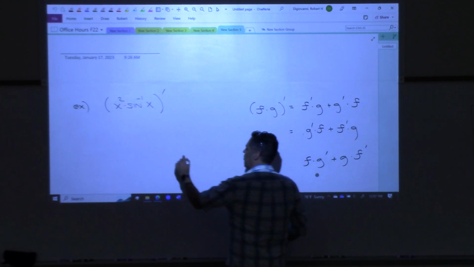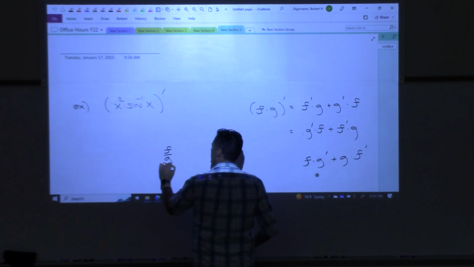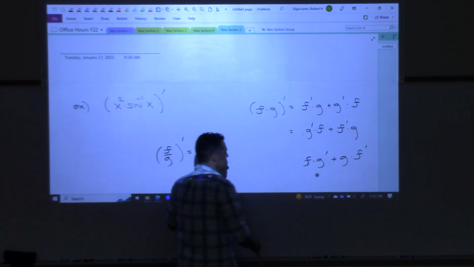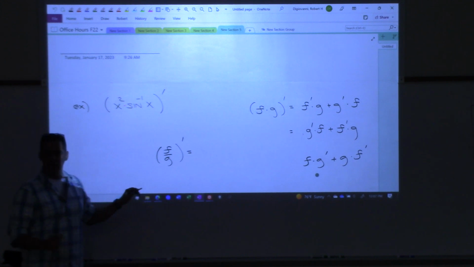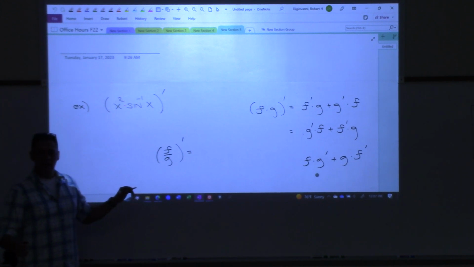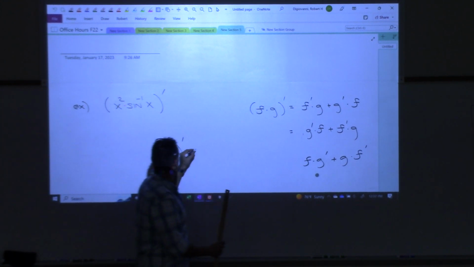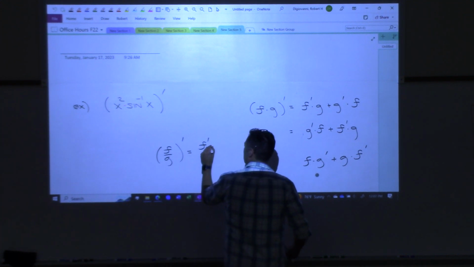But let's write the quotient rule. If you have division, what's that formula? Derivative of the top, which is f prime, times the